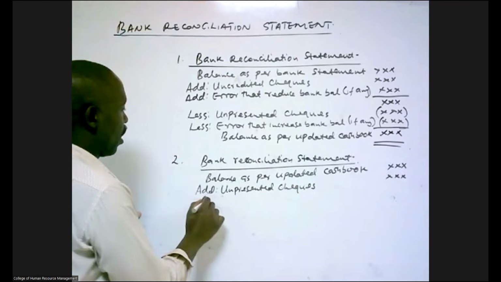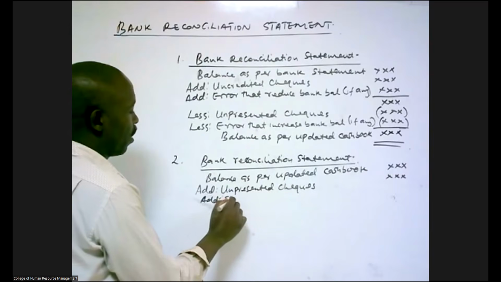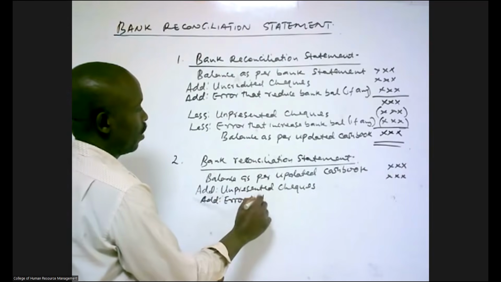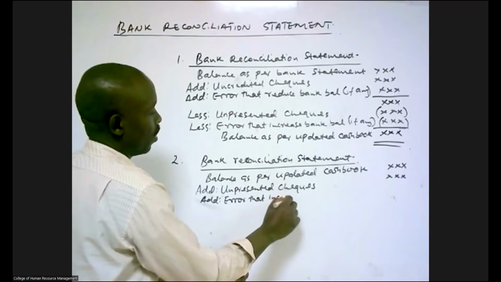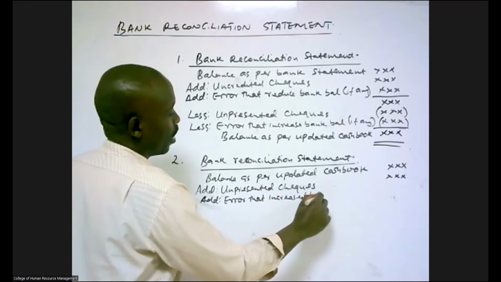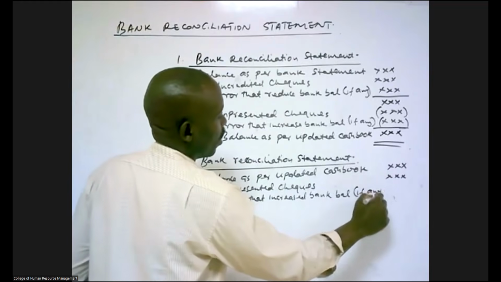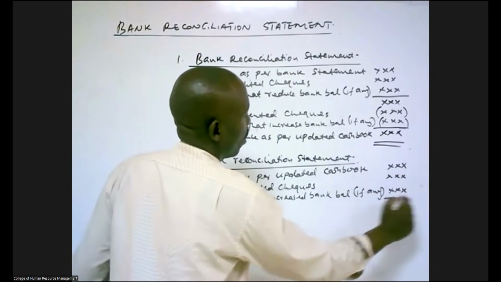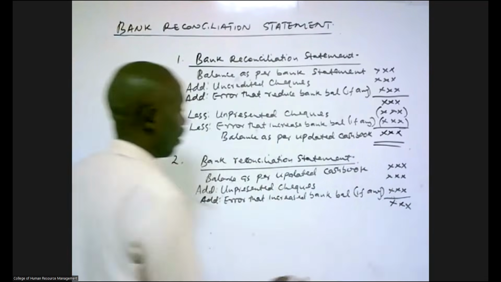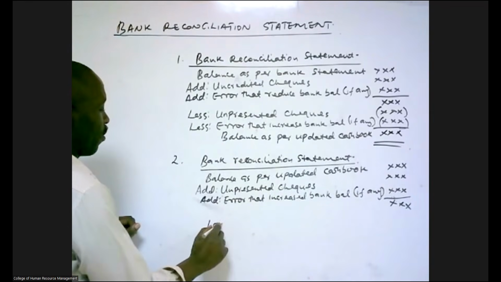Then you also add errors that increased the bank balance, if any. You will arrive at an amount there. From that amount, now you subtract